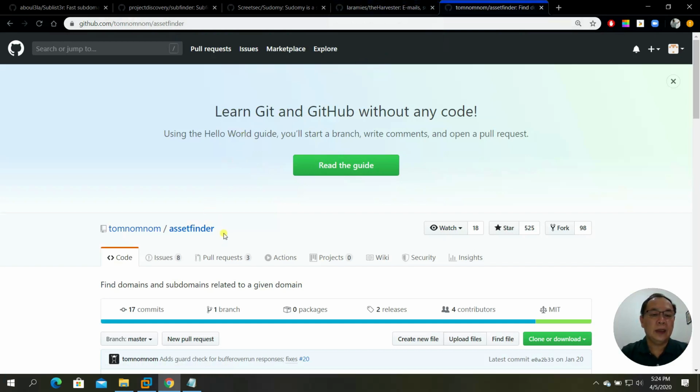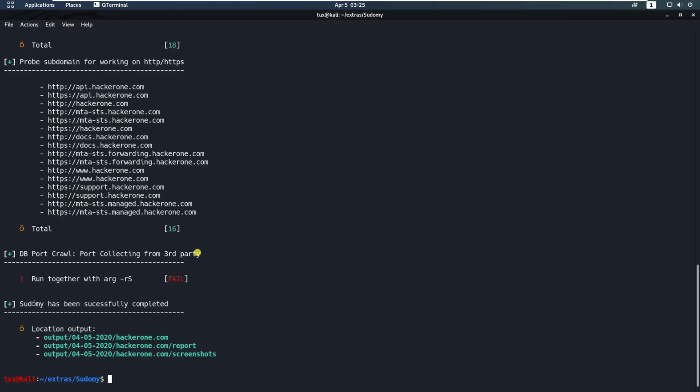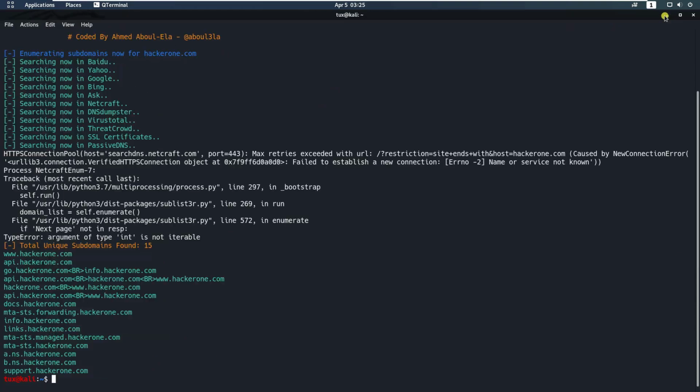So this is Asset Finder. This is also a very nice one. We have already run this, and then the last thing to do is to run theHarvester. This is the latest version of theHarvester. So let me just minimize this